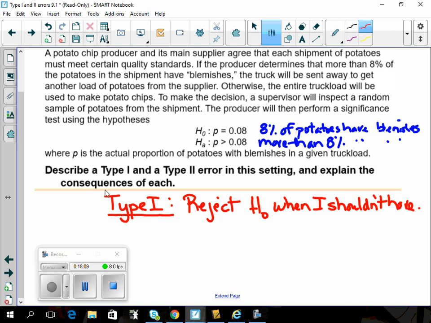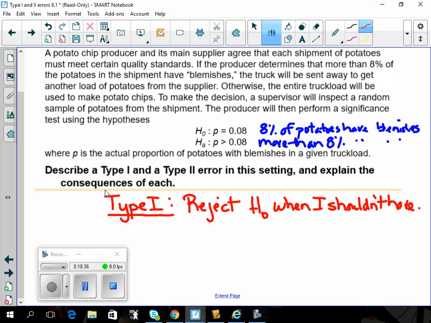Maybe I had a bad sample. Maybe it wasn't an SRS. Maybe the way that the sample was collected was a problem. There's lots of reasons why the sample we have might produce a small enough p-value that we would tend to reject it. What is this going to be in context? So I'm going to say that 8% of potatoes,